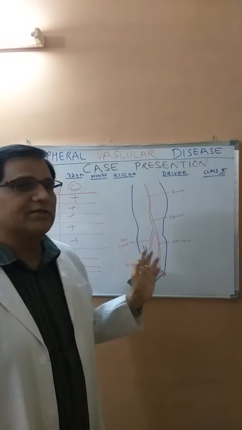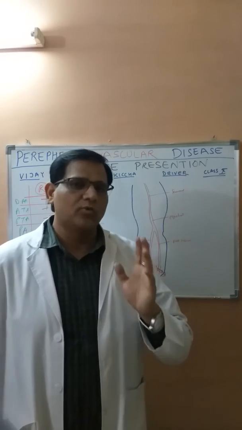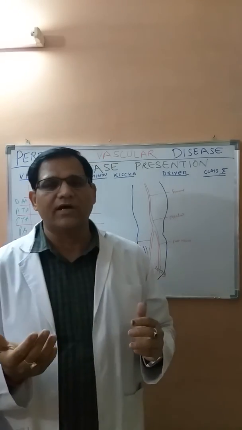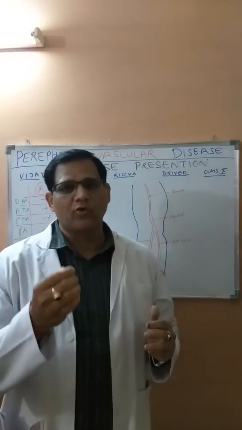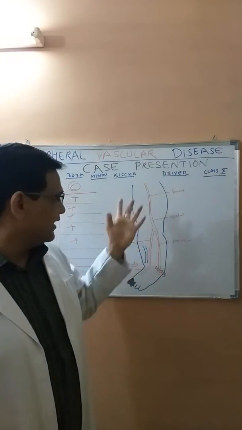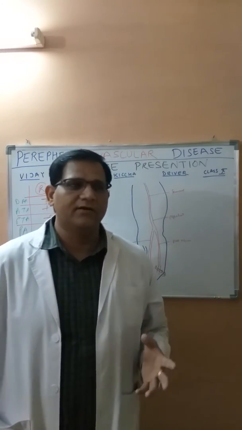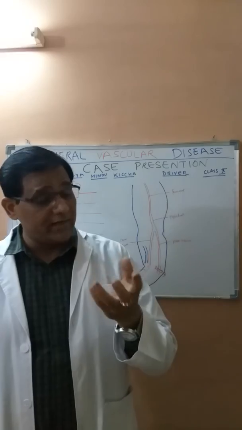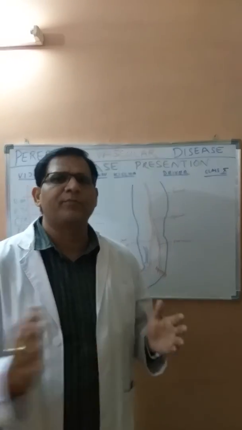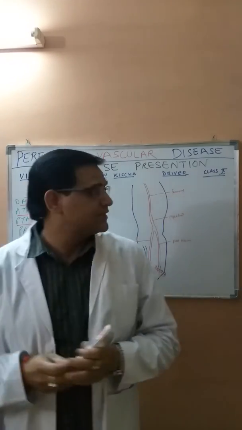Now, peripheral vascular disease is most commonly because of Buerger's disease or thromboangiitis obliterans. In thromboangiitis obliterans, there is involvement of all the layers of the artery, in small and medium sized arteries. There is formation of thrombus that reduces the blood supply. On the other hand, in the elderly age group, it is atherosclerosis, because of plaque deposition, where the lipid layer is deposited. There are some pathophysiological changes that go on, and the vessel gets narrowed